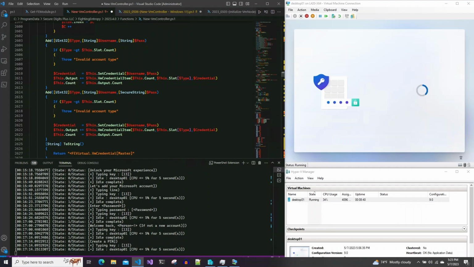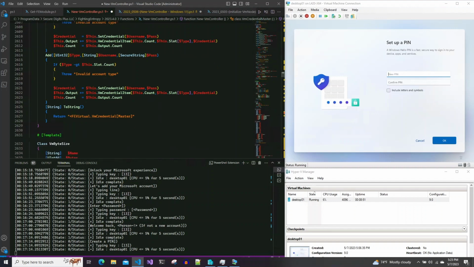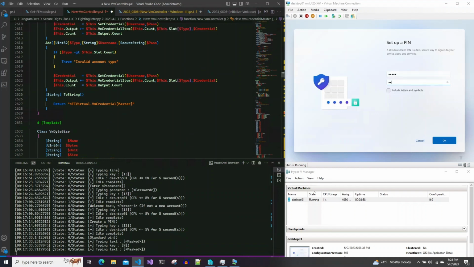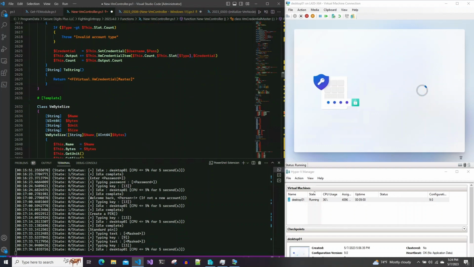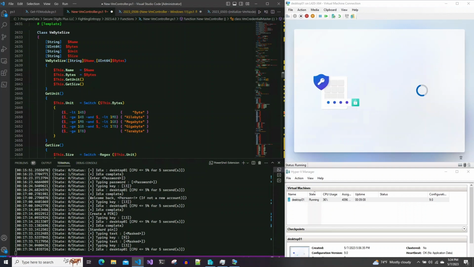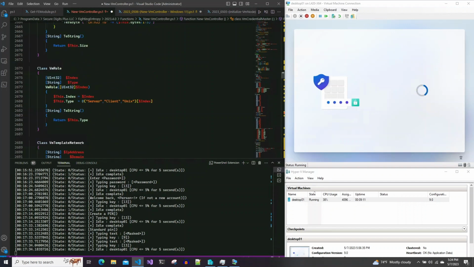And basically, it's basically the same exact thing right here, but it has the different approach: string approach, secure string approach. The GUI insert it's got a secure string, but there's a balancing act that goes on behind in the code behind as far as validating a password and the confirmation fields. So anyway, then you got VM byte size, which is basically the same thing as the image class